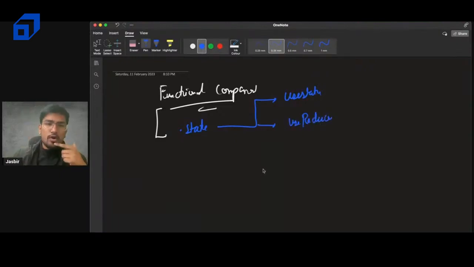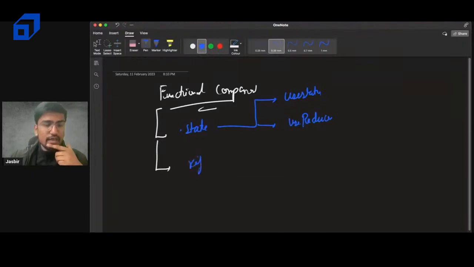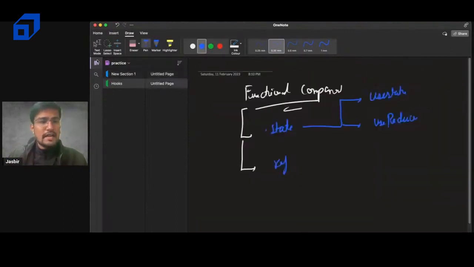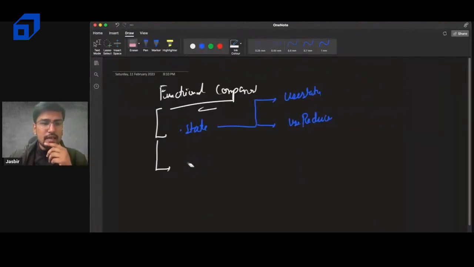Okay, so in today's class, we are going to understand these two. Apart from that is your ref. Okay, these three I will be majorly talking about. Interactivity: for interactivity, you need to have event listeners, and to change the data, you have to use states. So to talk about states, you need to have useState, and to talk about your DOM elements, you have to have a hook to get access to the UI, basically UI access or DOM access. Here we have the useRef hook,